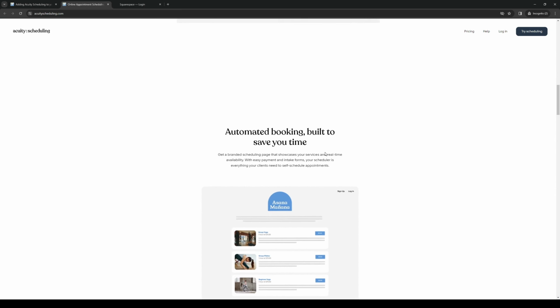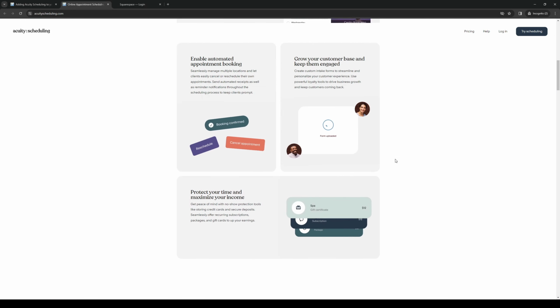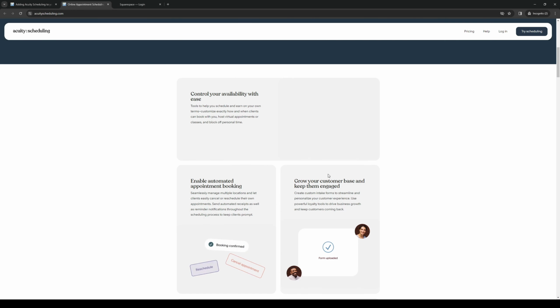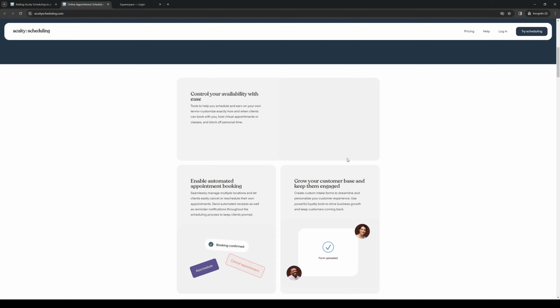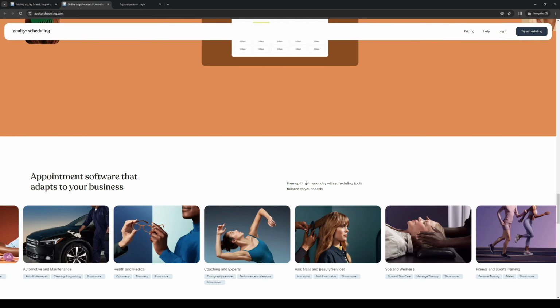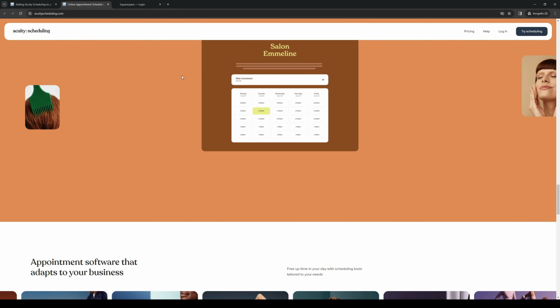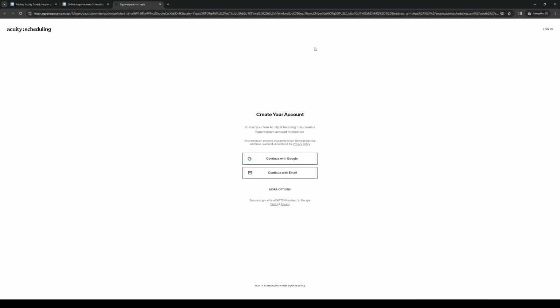And to give you guys a bit of insight on some of the key features, as you can see here: automated booking, enable automated appointment booking; customer engagement, control your availability with ease; appointment software that adapts to your business and whatnot. So the sign up page looks a little something like this,